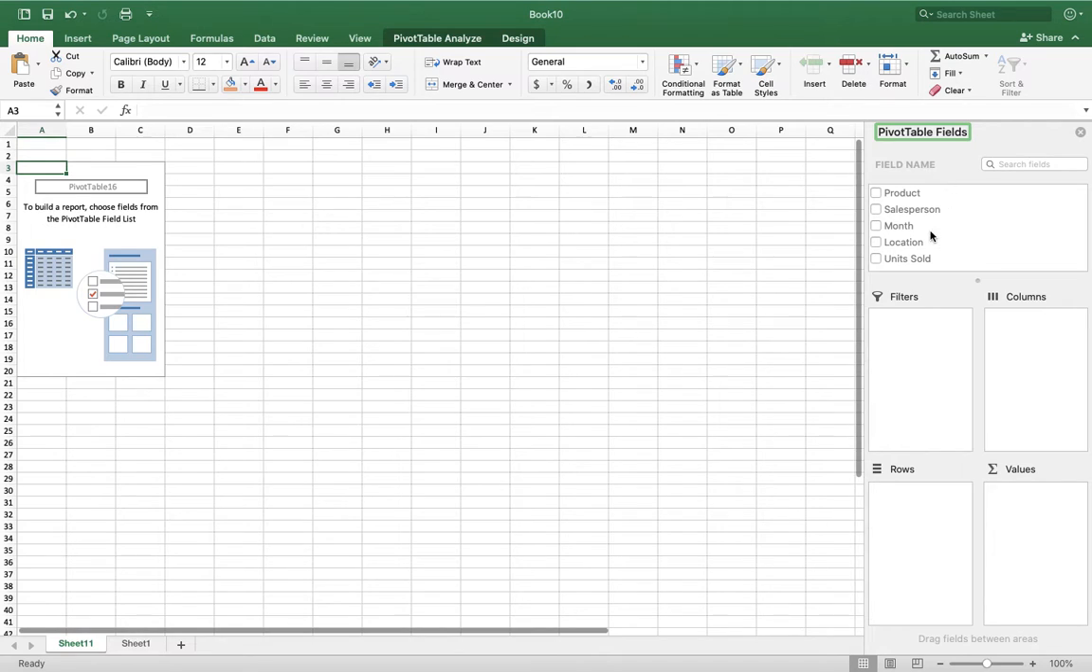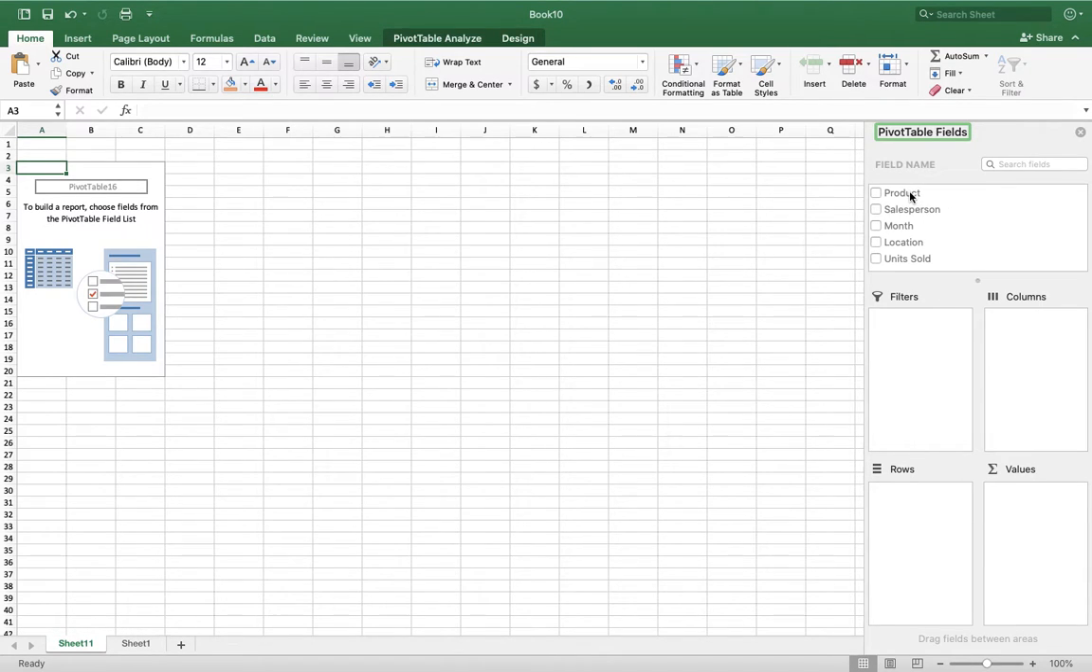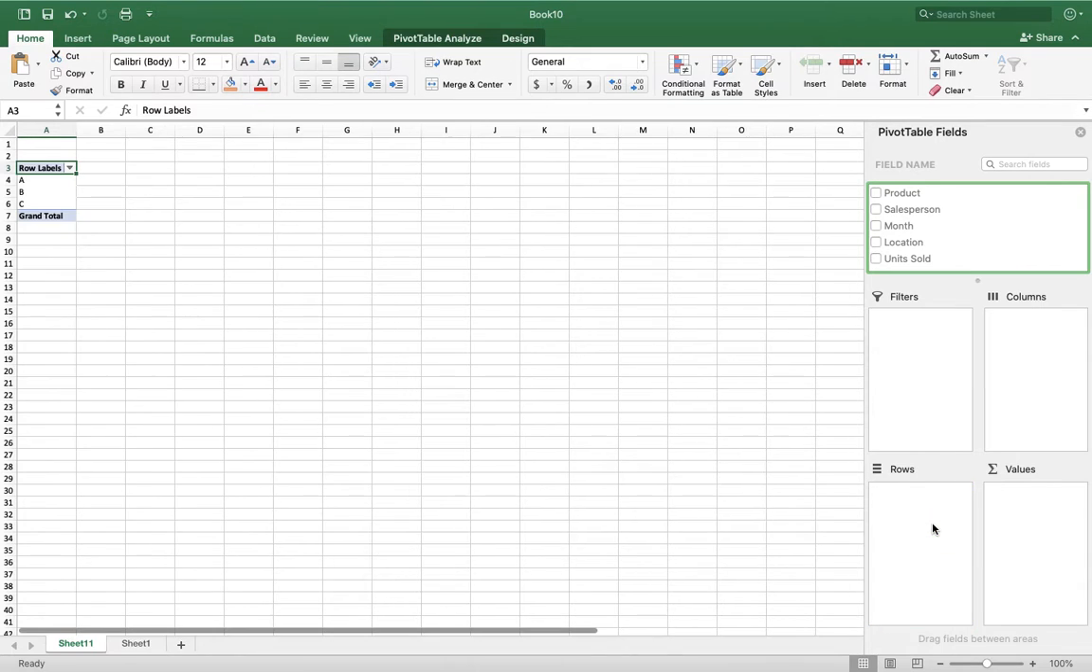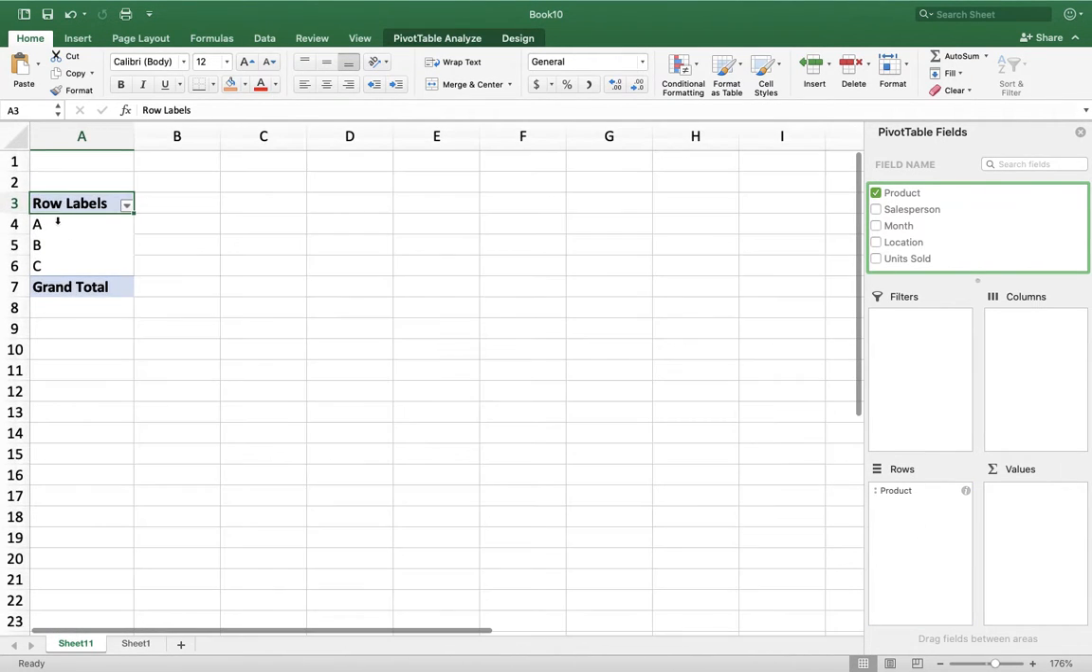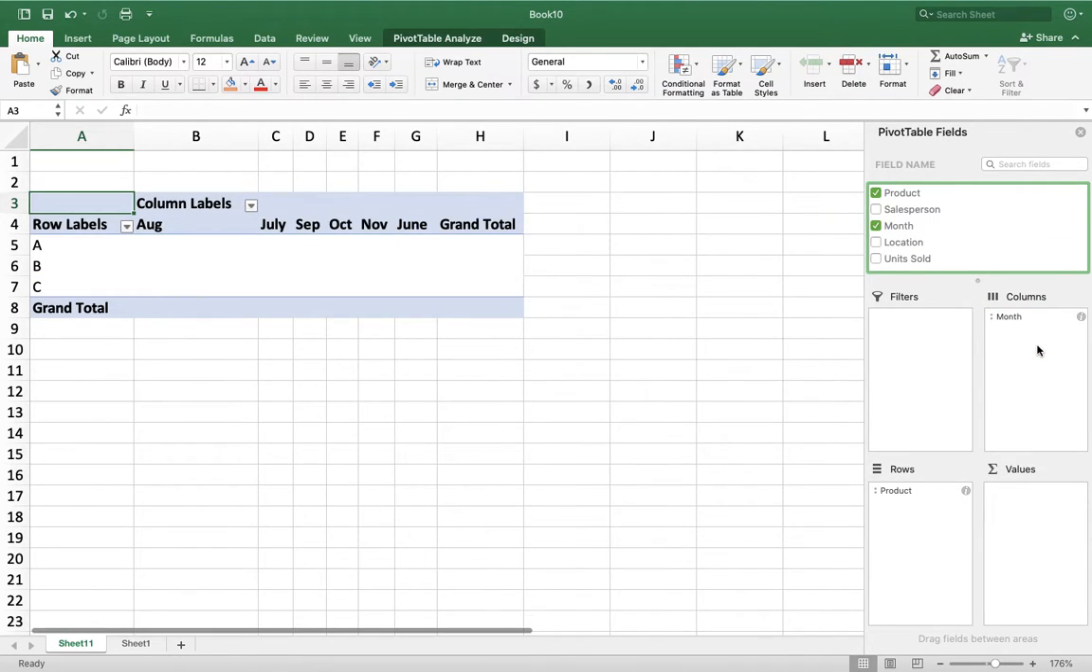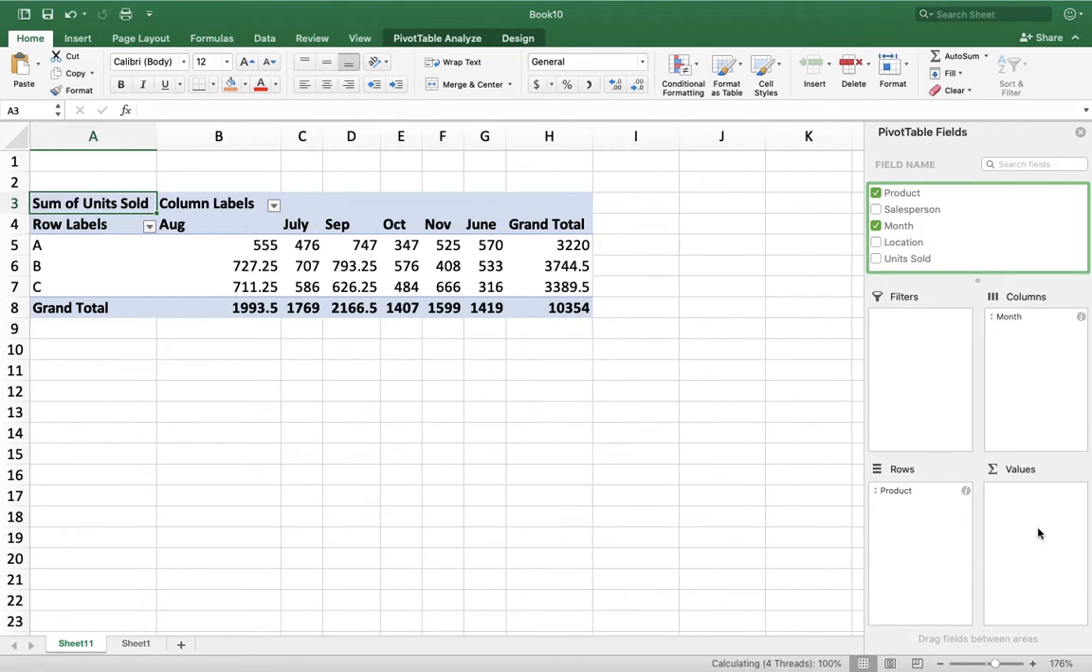It's not really necessary. And so to get started, we're going to put product in rows. So you see now our rows have products A, B, and C. And then, since we want to get sales per month, we're going to put month in columns. So now we have August, July, September, October, November, and June. It's a little out of order, but that's okay. And now we're going to lastly put units sold in values. And so just like that, we have